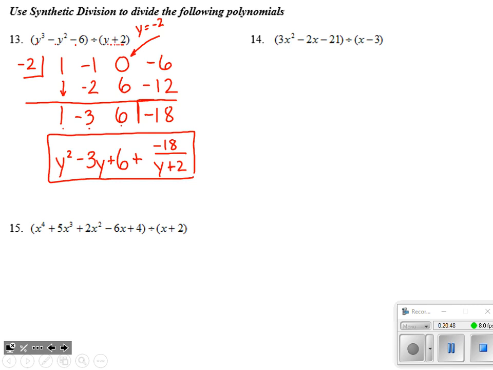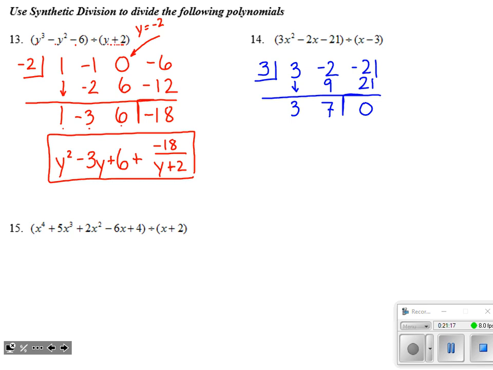Again, pretty fast process, and if we've picked up the pattern, we should be having a pretty good time with these. So for number 14 here, a +3, the solution out of that x minus 3 factor goes in the box. I've got 3x squared, -2x, -21. Let's make a place for our remainder. Drop down the 3, multiply, add, multiply, add up. So I've got a remainder of 0. My answer is just 3x plus 7. That's how I interpret that 3 and 7 that ended up in the quotient area of our solution.